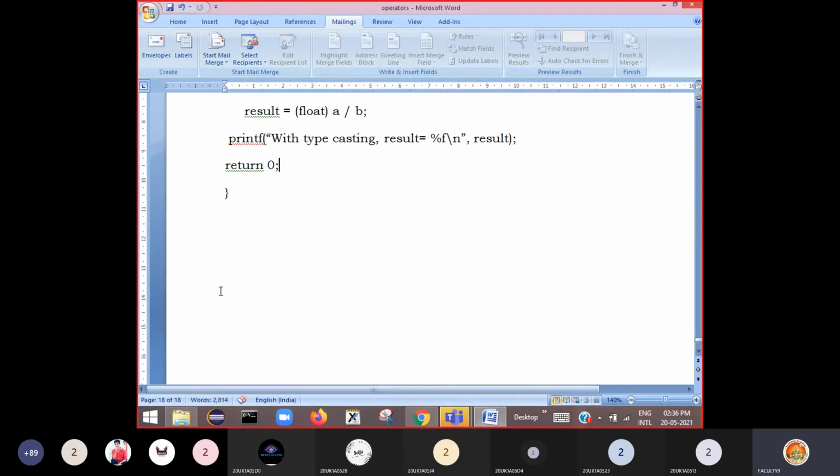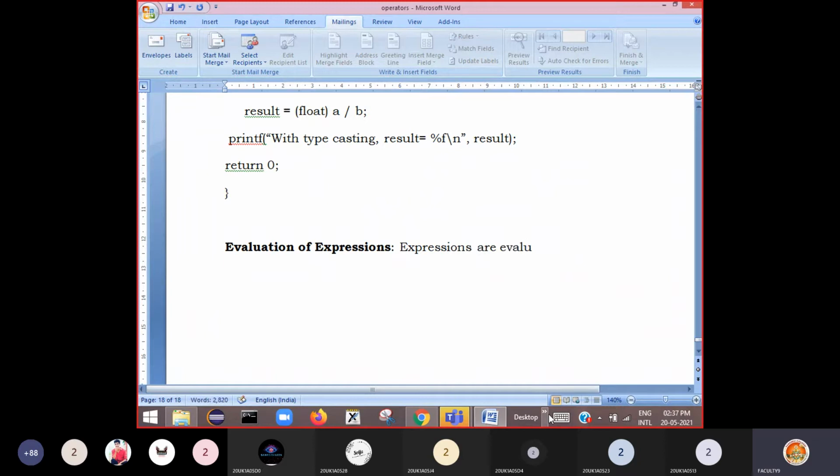Right, so no doubt. Next we'll see evaluation of expressions. How does the computer evaluate expressions? If we write some expressions in the program, how does it perform them?